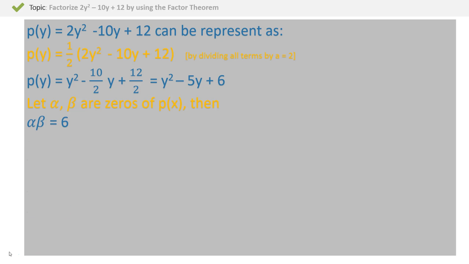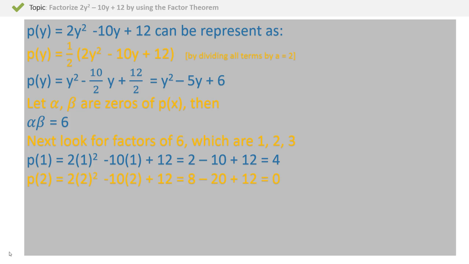And now let's assume alpha and beta are zeros of p(x). Then as per the factor theorem, alpha into beta should be equal to c by a, and in this case that is the number 6. Now let's try to find factors of 6, and we know the factors of 6 are 1, 2 and 3. And now let's examine which factor of 6 can make the polynomial 0. So when we do p(1), we get 4. However, when we do p(2), we get 0. And if we do p(3), then also we get 0,